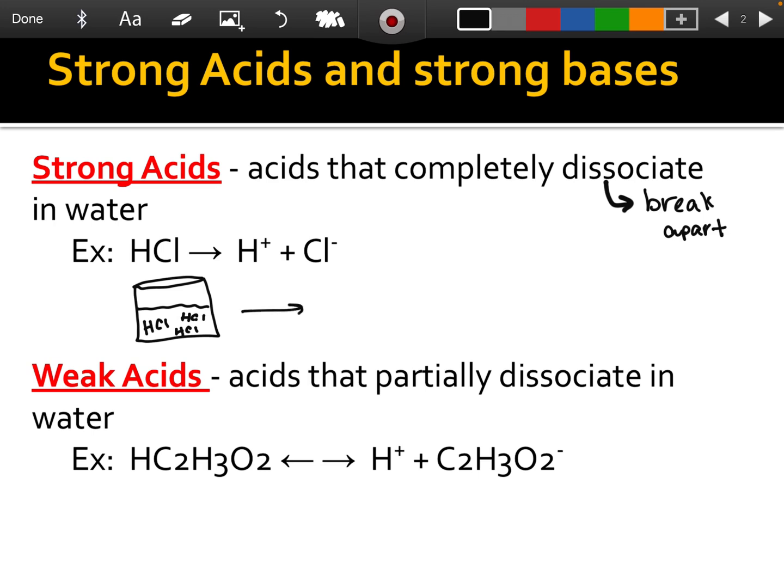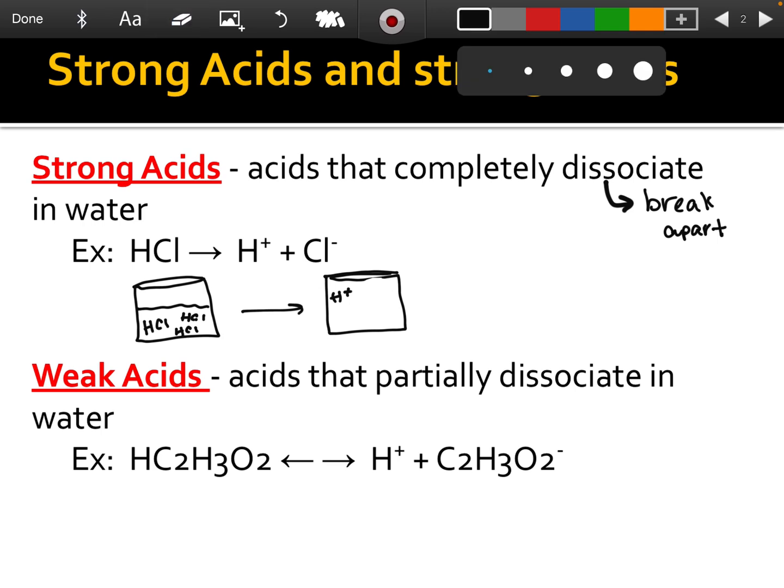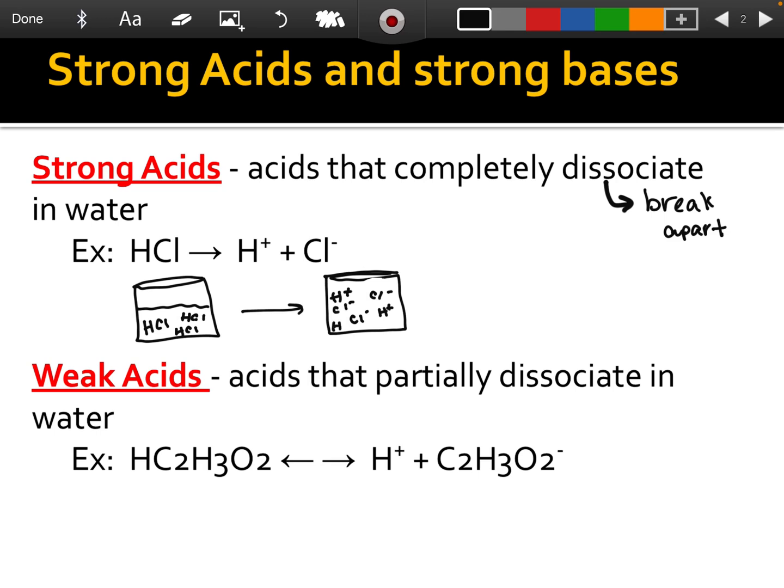When you put the hydrochloric acid in water, you'll have all 3 molecules break apart into ions. So every single molecule is going to break apart in solution. And those ions will be floating around. So you have 100% dissociation